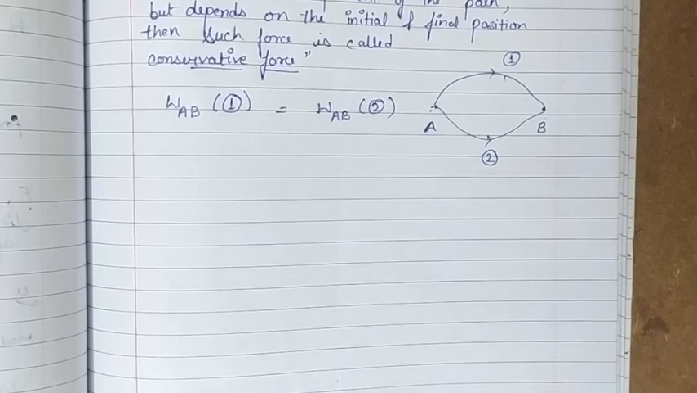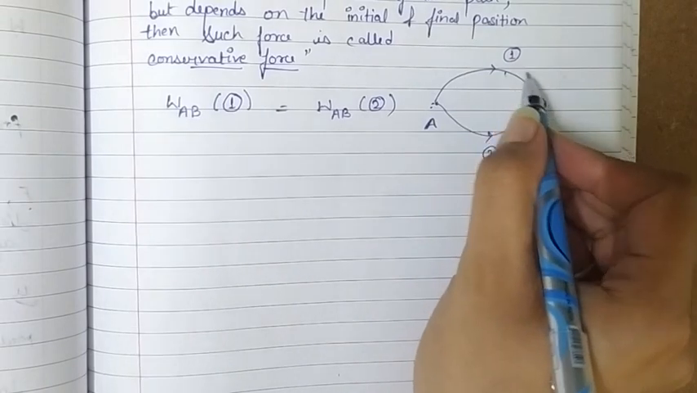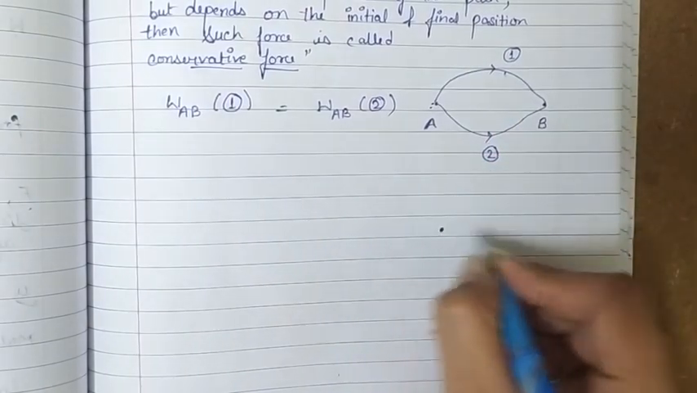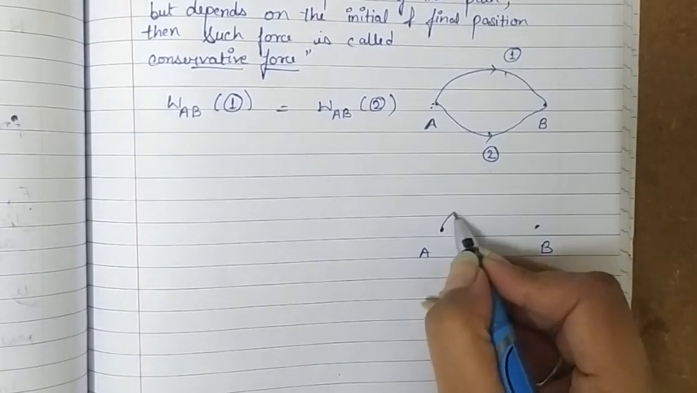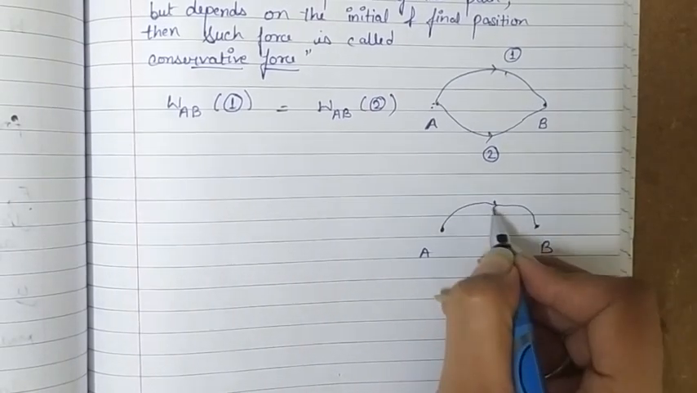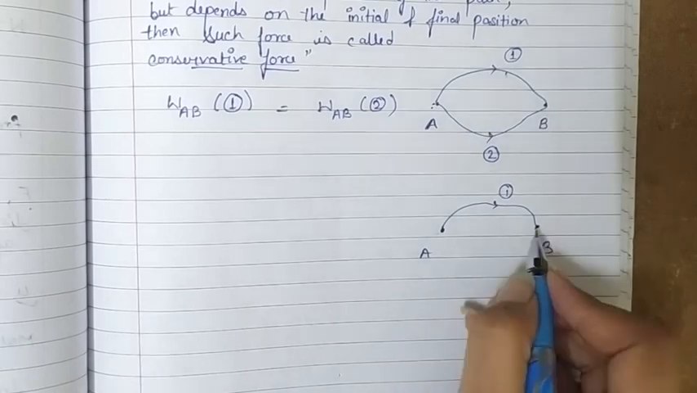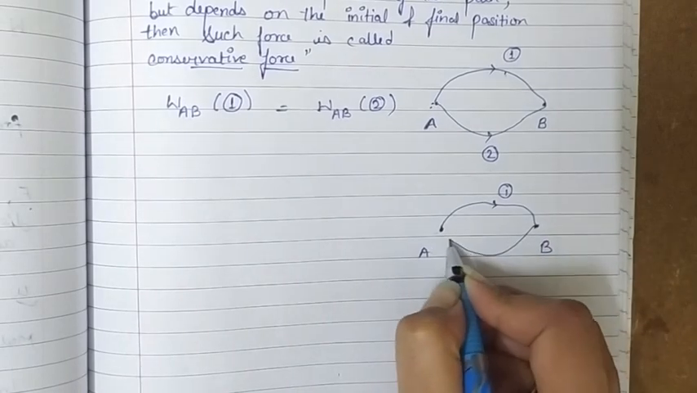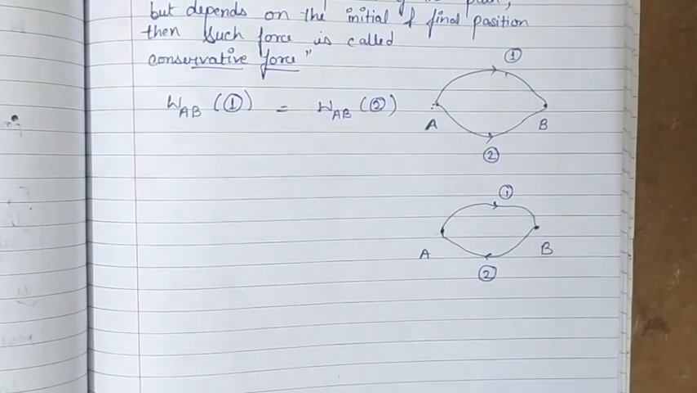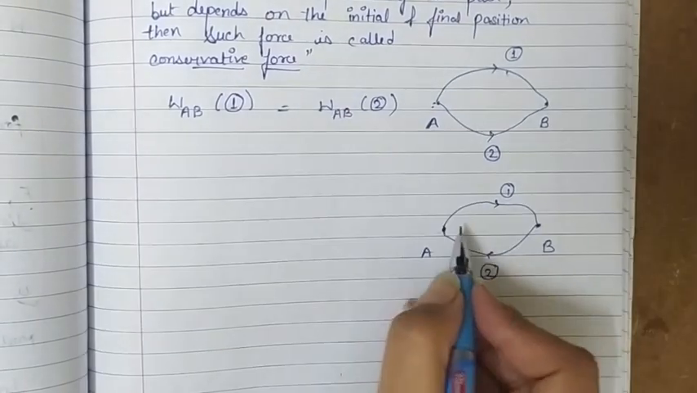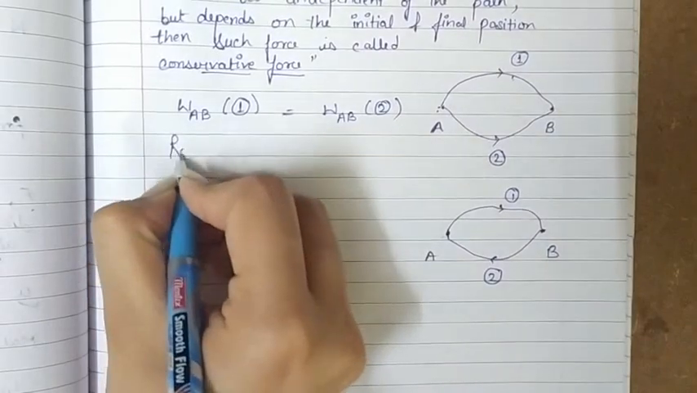Now if the particle moves in a round trip, means if it goes from A to B and then comes back to A, means if we have 2 points A and B, particle is going along path 1 from A to B and then it is coming back to point A again from some other path 2. Then in this case, if particle is making a round trip,